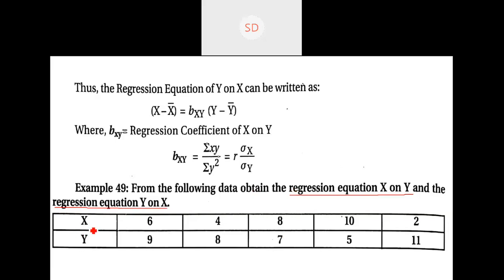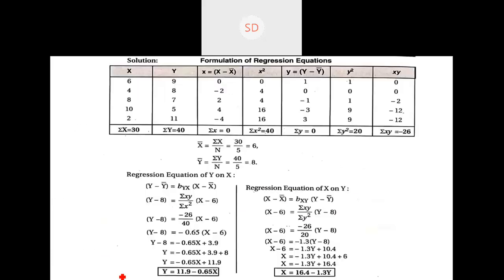They have given us the data of x and data of y. Now let us put this into the table. We have put the value of x and value of y both into the table. Once you put these values into the table, just add them. Once you add them, you will get the first important value, that is summation x. Then if you add the values of y, you get summation y.